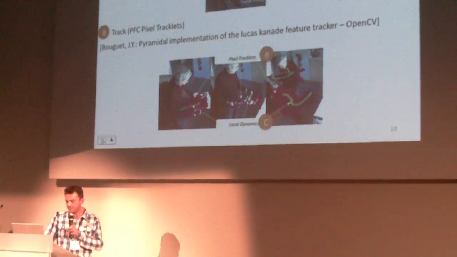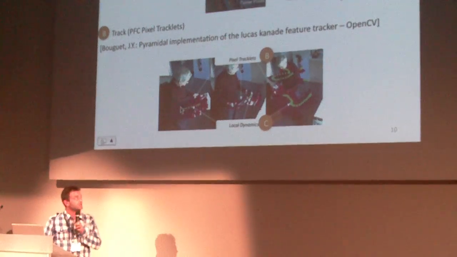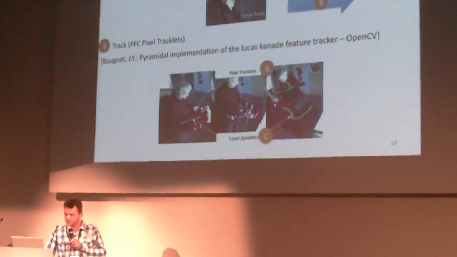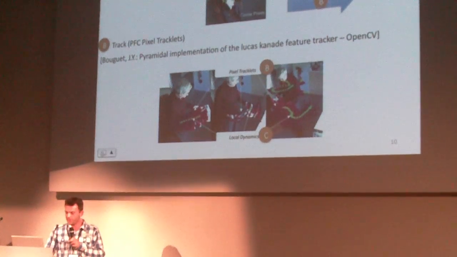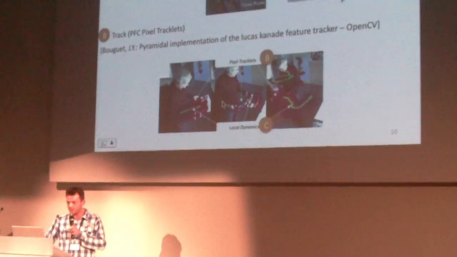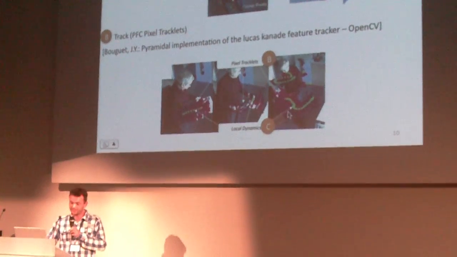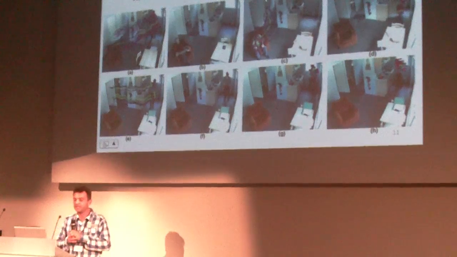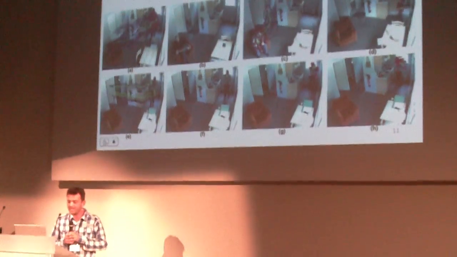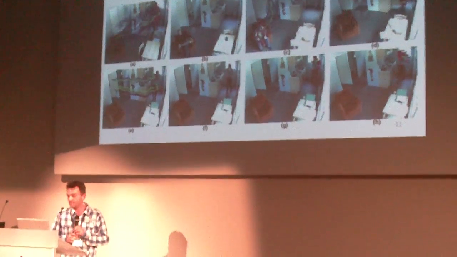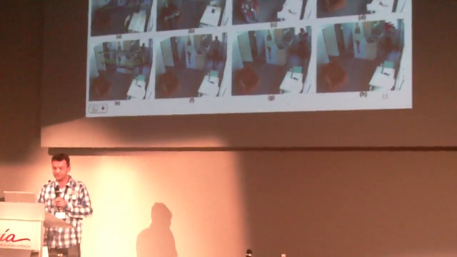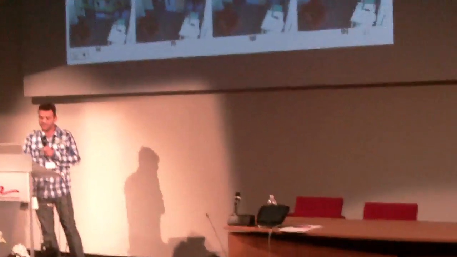As you can see, you have as a result here in pink a lot of tracklets. Is it visible? Okay. You can see a lot of tracklets describing the same type of movement. What we are interested in is the main movement. This is what we call the local dynamic. For that, step C is clustering. Of course, the thing with clustering is that we needed a method capable of detecting automatically the number of clusters, which was unknown in the initialization. So what we did is we used Meanshift. There's a little bit of history of Meanshift. The important thing here is that it